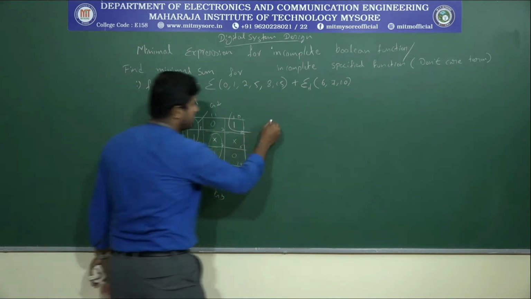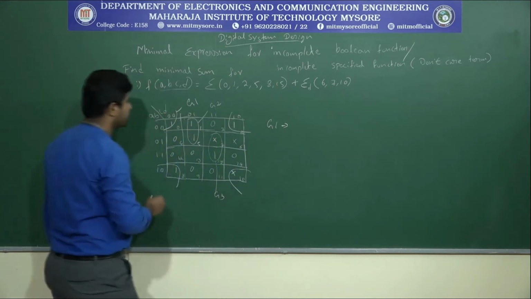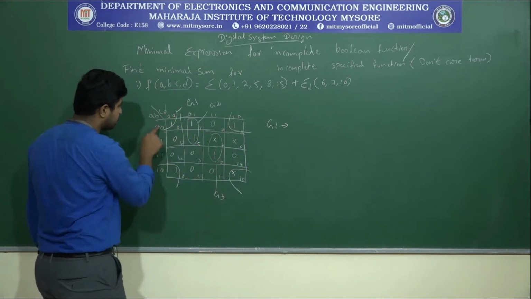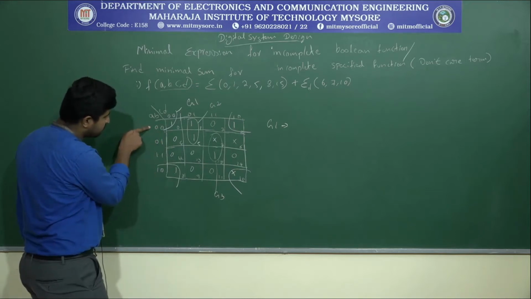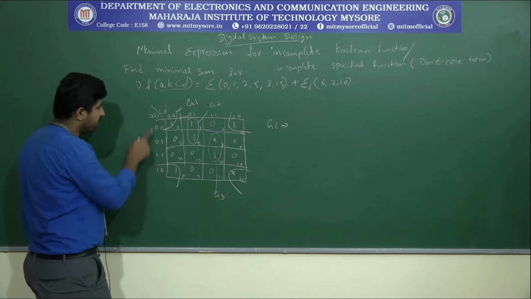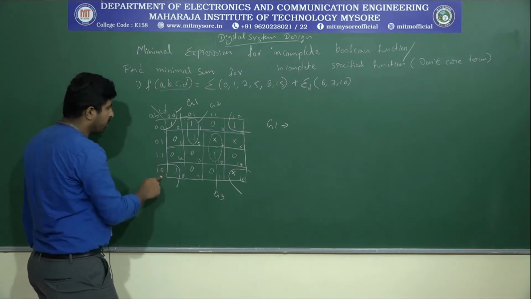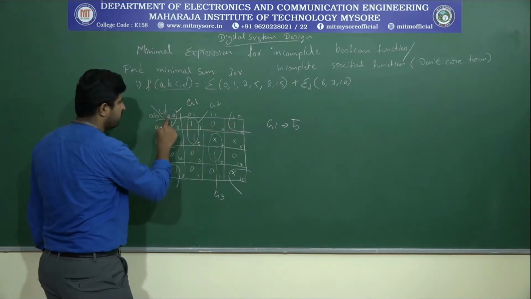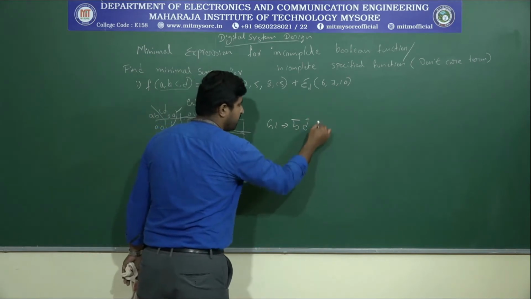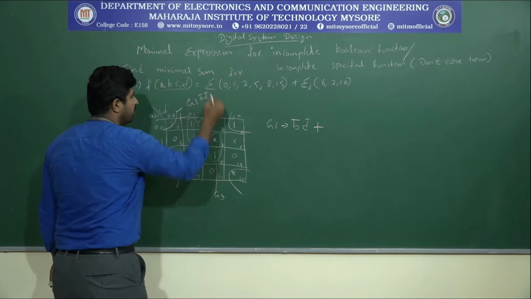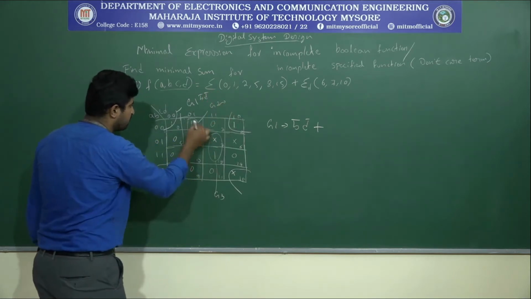So for the G1, what is the expression with variables? So see 4 cells. So here A, first column and the first row and second row. So A has made a changeover. So A variable won't be here. So only B, that means B bar. Now if you look for the CD, again C has changeover, only D. So it is B bar D bar, plus next group 2. So this is B bar D bar. Next group 2. So this one.